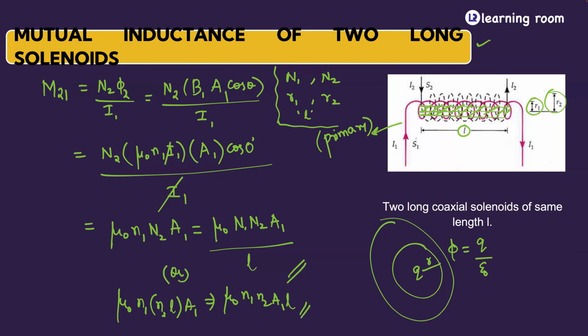And thirdly, you can substitute the value of A1 itself, which is pi R1 square. Okay, these are the three forms that we can use, right? There is one which is given in your textbooks, but you can remember the others also. Am I clear with this? First, make a note of it.